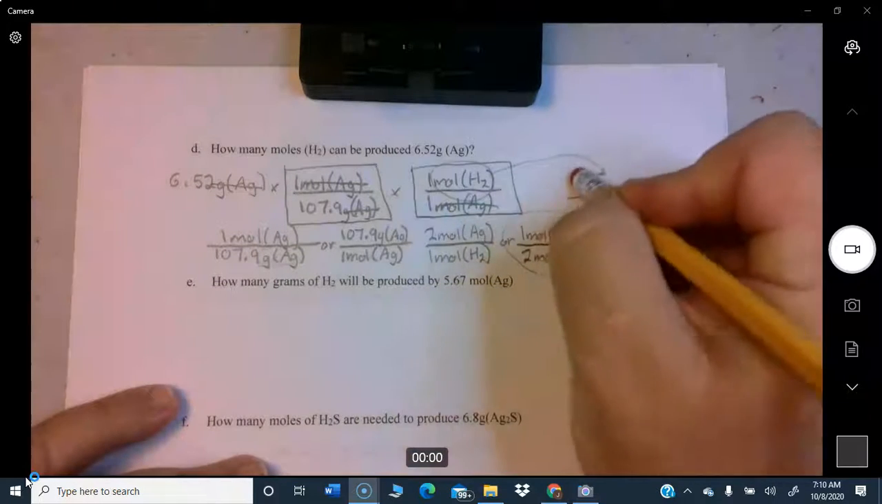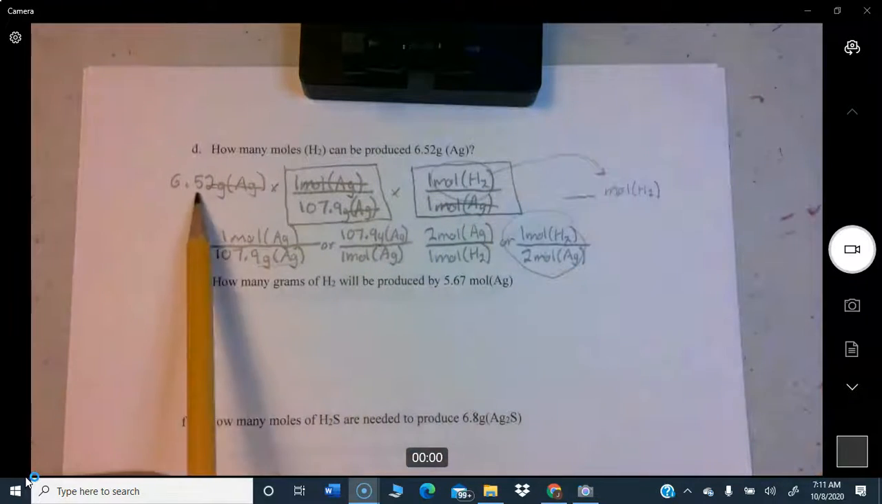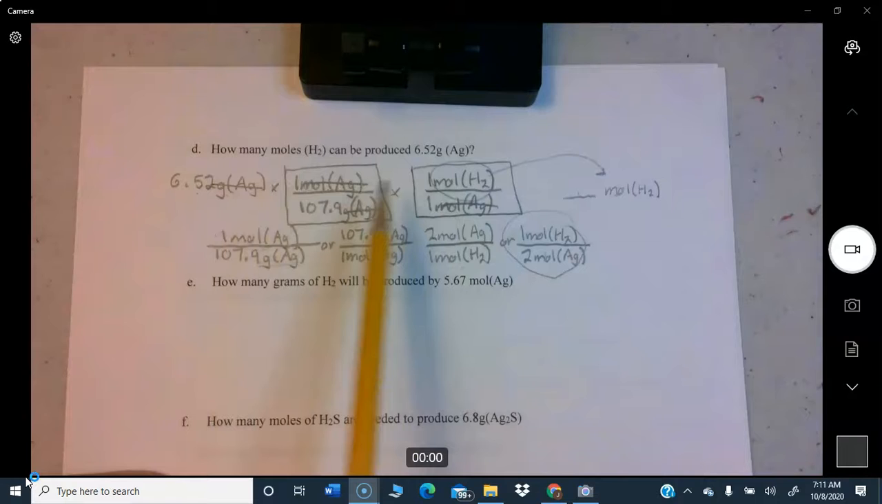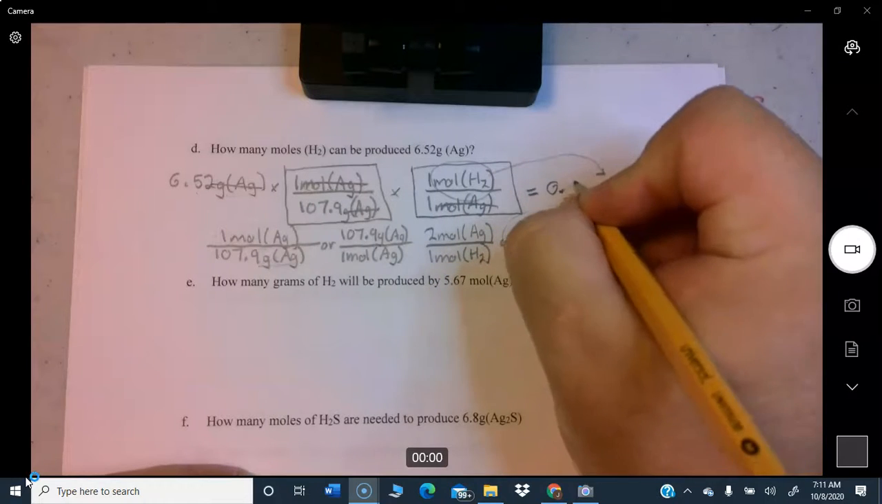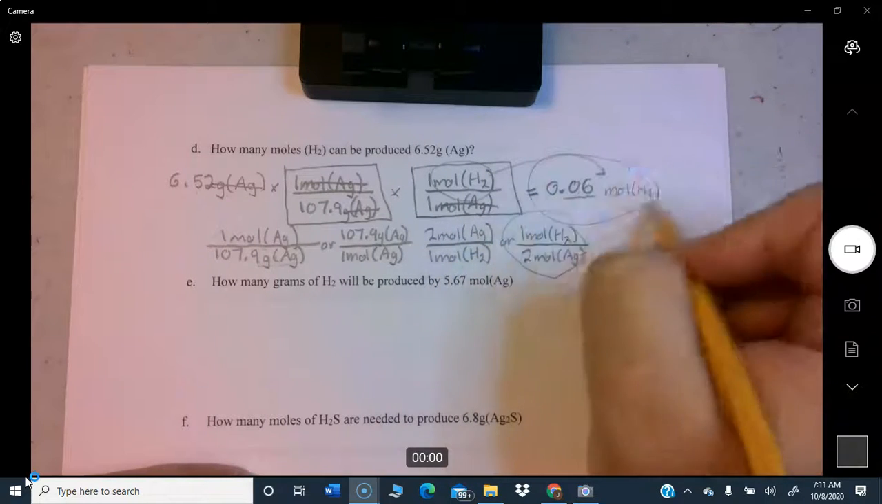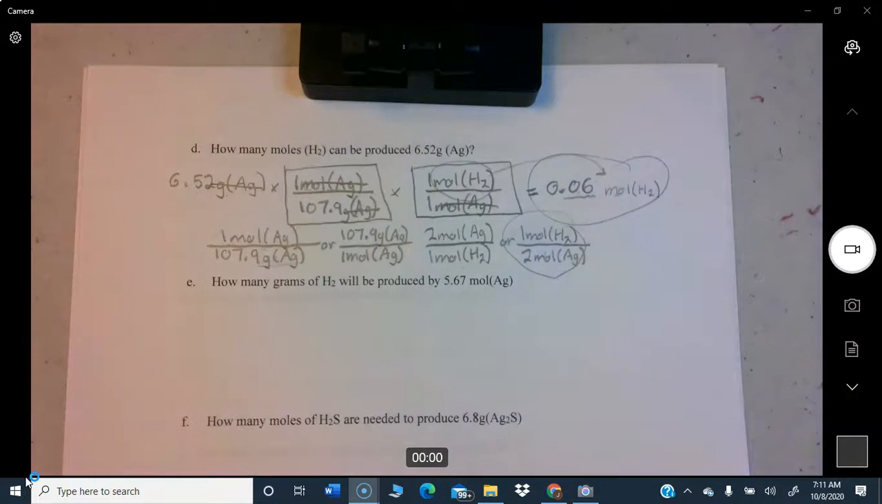So we can go ahead now and compute our final answer. 6.52 times 1 times 1 divided by 1.07 divided by 1. Should have said 107.9. Okay, and that gives us 0.06. Okay, and that's the answer there. All right, move on. Now we're doing a